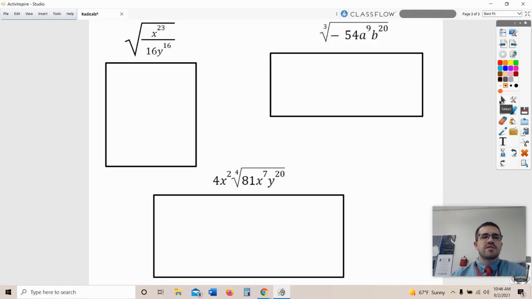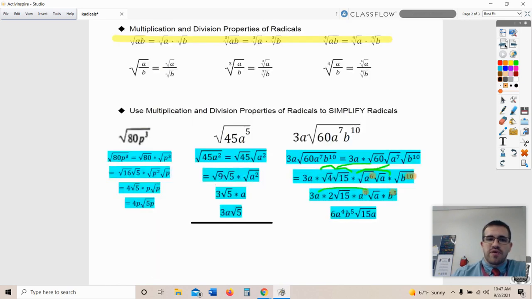All right, and for our last 3 problems, this should cover pretty much the last bits of the radicals that you are asking questions about. So for this first problem, we have the square root of the quantity x to the 23rd over 16y to the 16th. So if you remember back on our previous page,